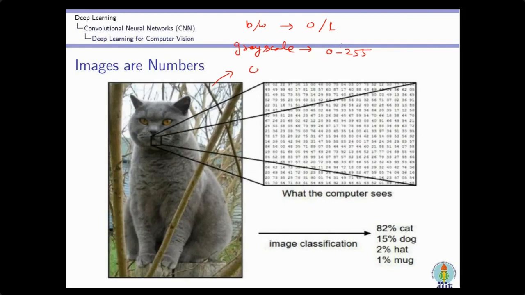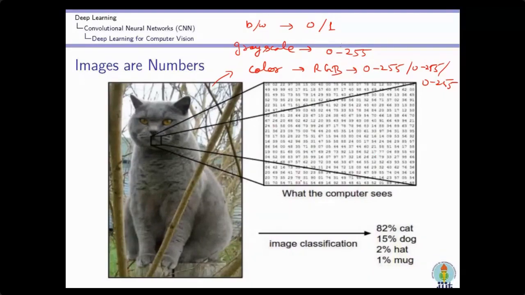Finally we have a color image, which has more than one channel. For example, in the RGB model, red, green, blue, there are 3 channels, and each channel ranges from 0 to 255.